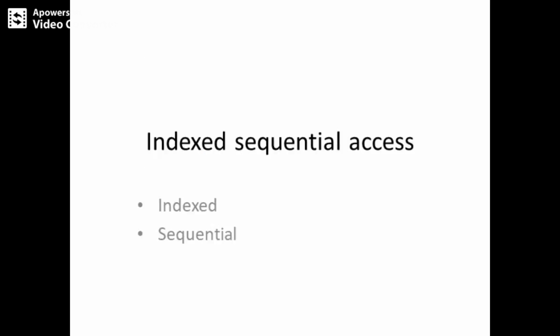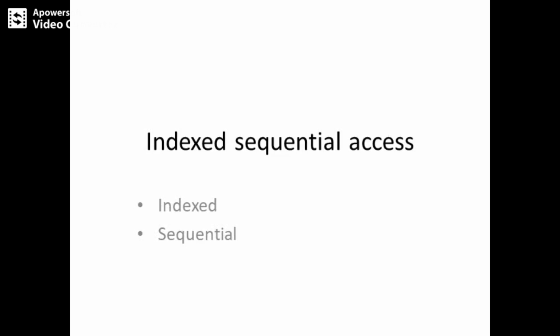Hello everyone. Now let us see something about indexed sequential access. In the previous section we have seen what is sequential access or what is indexed access. That is, differently: if you have indexed access, then you can directly go to a particular position and access your data. But if you have sequential access, you need to start your search from the beginning, the first pointer, and